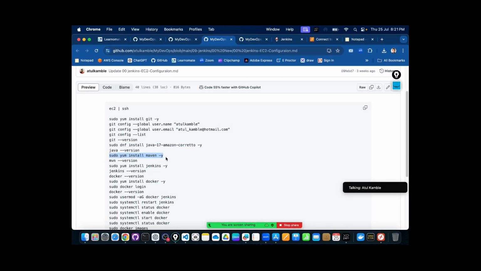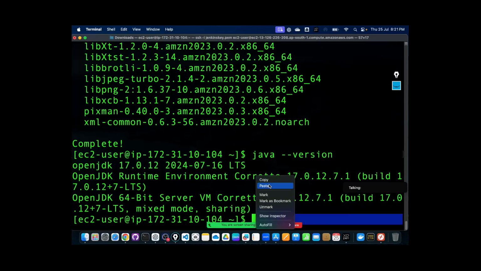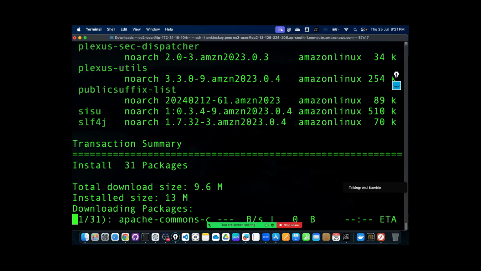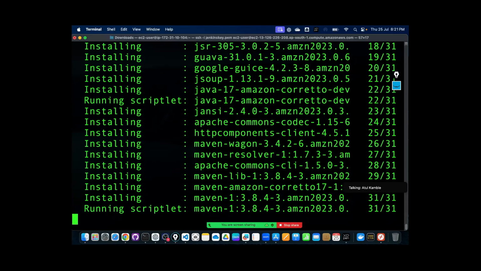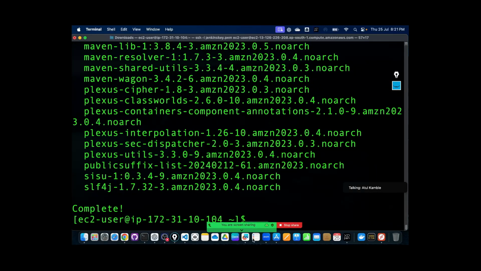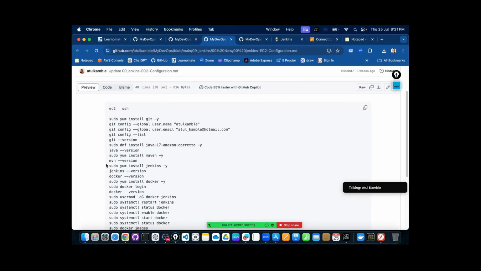Next, you can also try Maven. Later on we will learn about Maven. For Maven installation, you can use sudo yum install maven -y. As Jenkins can be integrated with a lot of tools, Git, Maven, Docker, etc., you can install any software